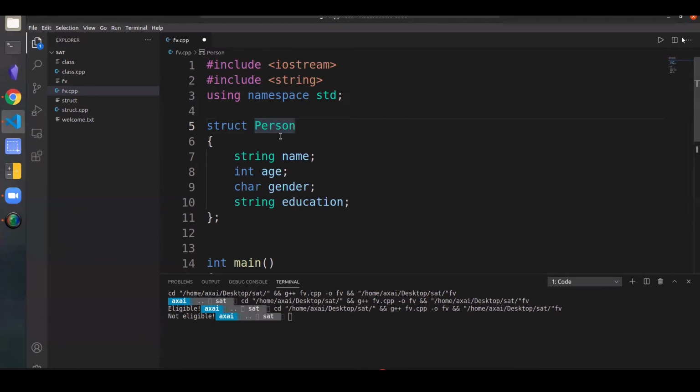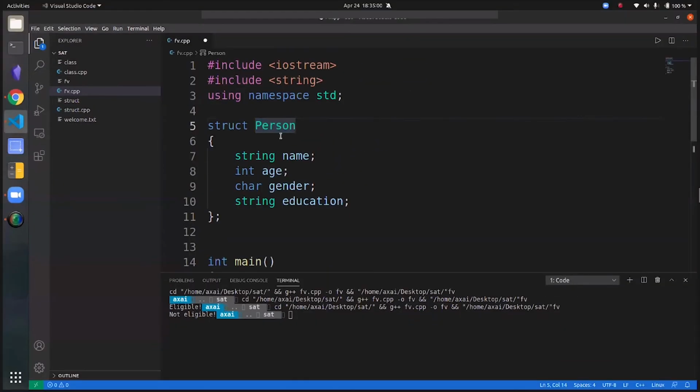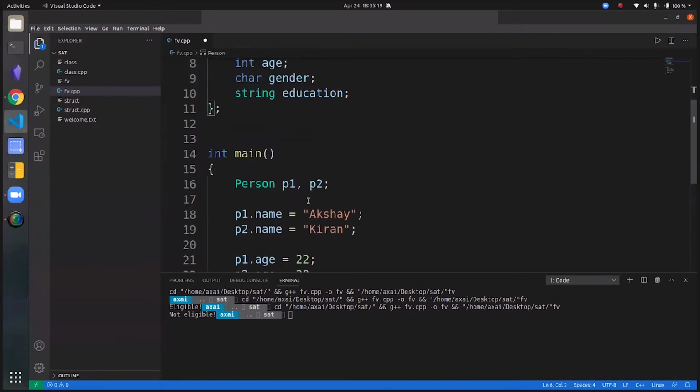Like I was previously telling you, variables are boxes, and these boxes contain data, right? You don't have to directly feed in the data anymore. You just have to refer to that data using the variable name. So person in this case, I wouldn't say it is directly the variable name, but it is the name of the structure. Person is the data type, and P1 is the variable name.